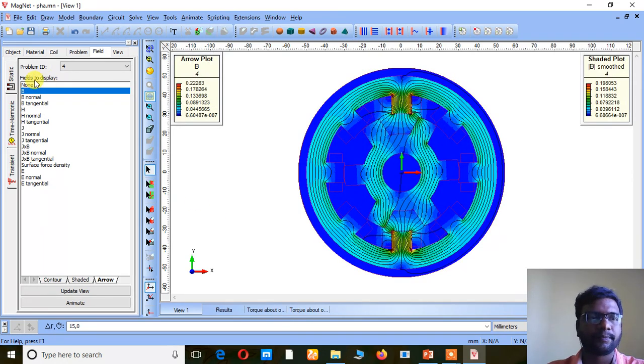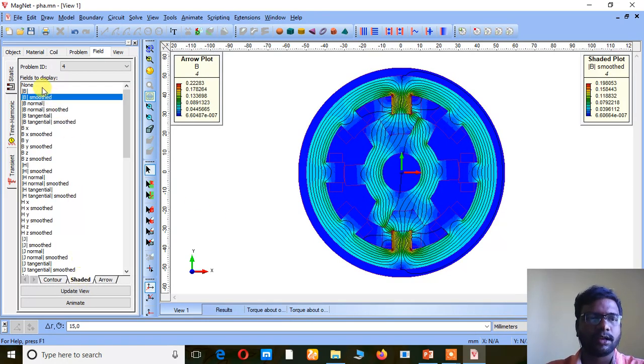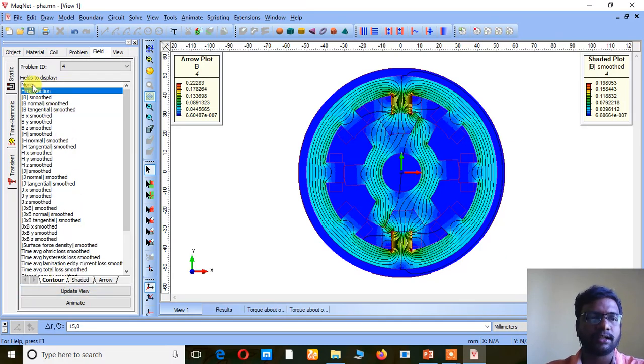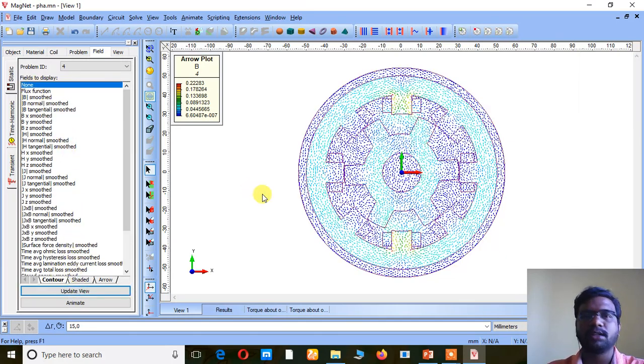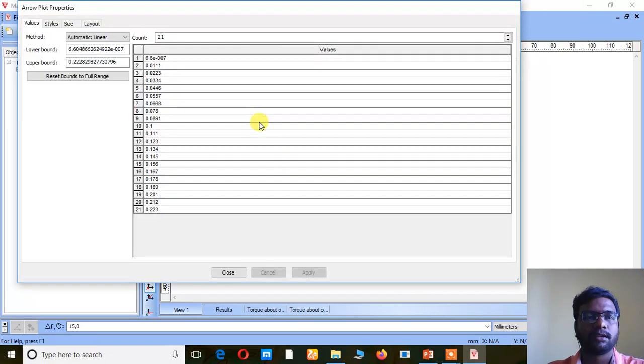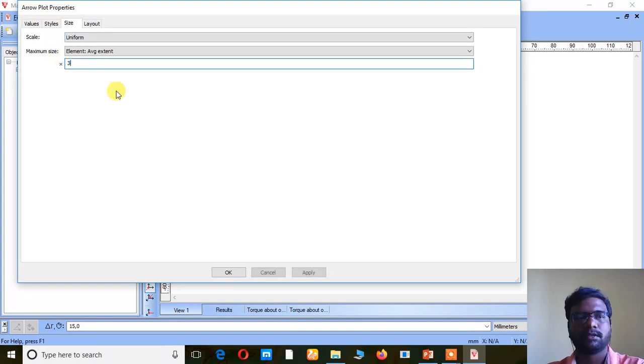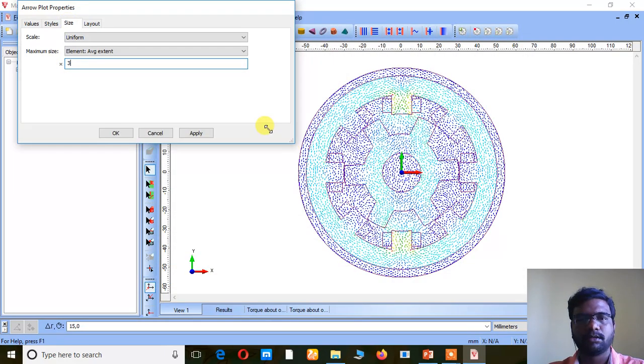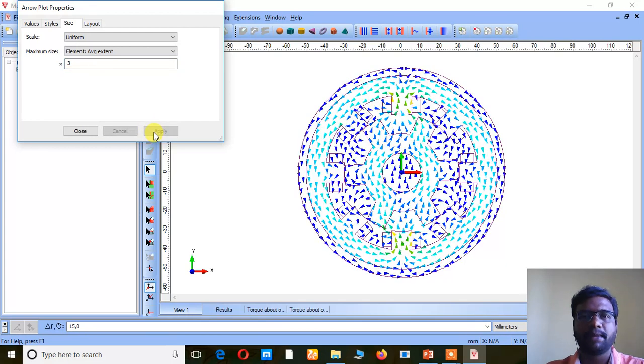Right. And I don't want the flux density; I just want the direction, apply here. See the flux direction, is it moving in clockwise?